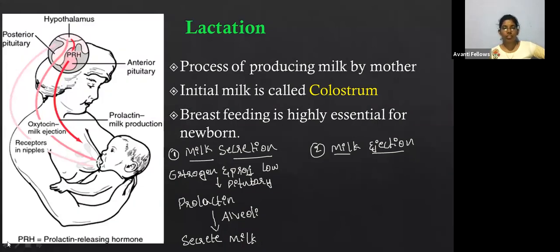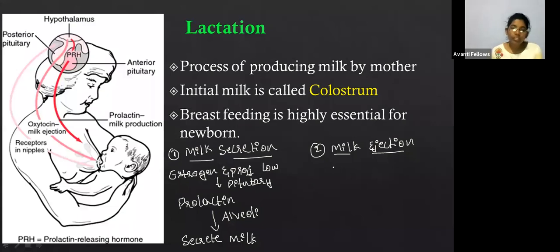In the lungs. Not that one, man. In mammary glands also, I have told you, right? In the mammary glands also alveoli are present. If you are able to remember, I have shown you, just go through the slides which I have shown you previously. Okay, there you can see in the mammary glands also alveoli are present.